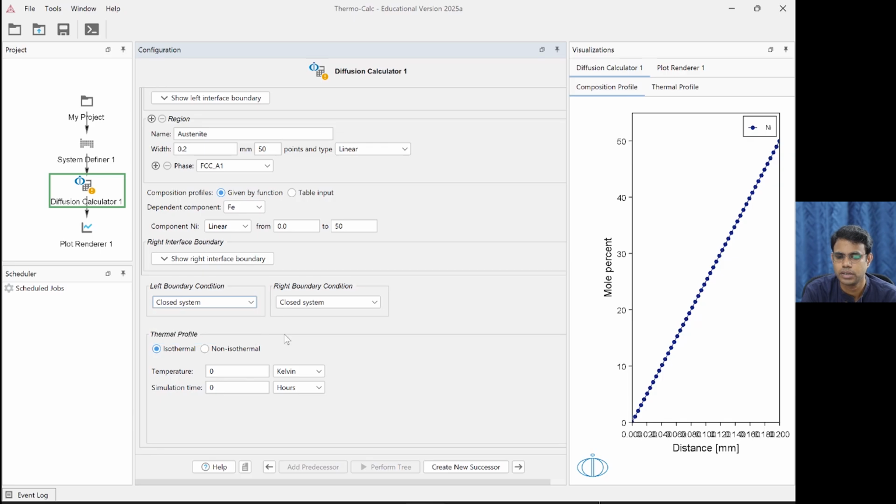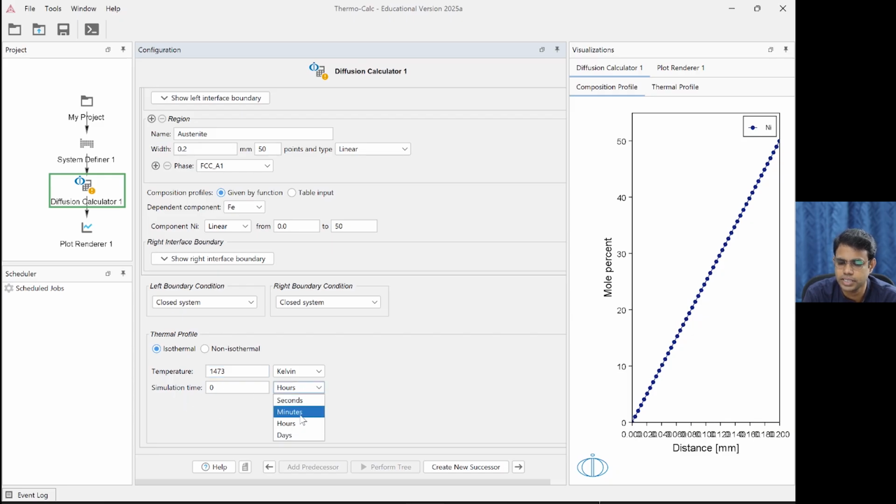So this is possible. In this example, we will not take that. Okay. Then thermal profile, isothermal heat treatment is what we are going to do. So in isothermal, we are going to set the temperature. We said it is going to be 1473 Kelvin. So type 1473 Kelvin. Then simulation time.